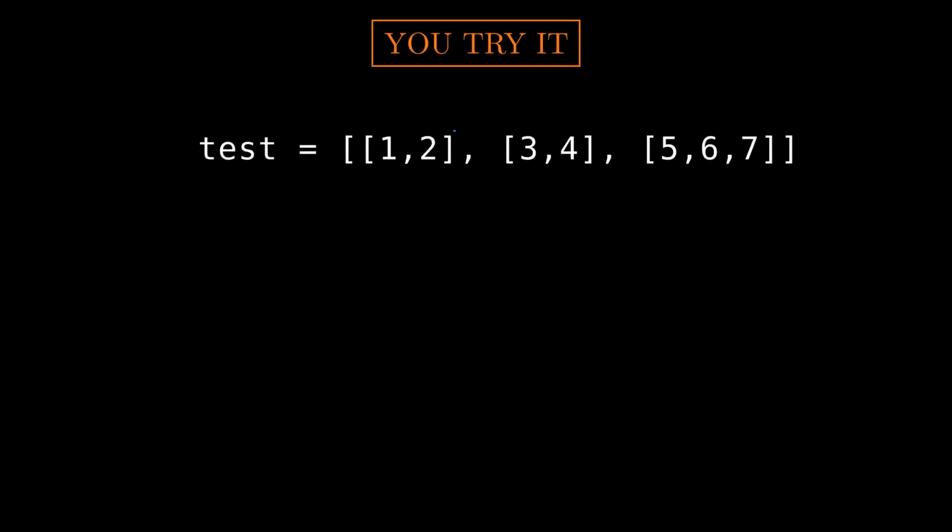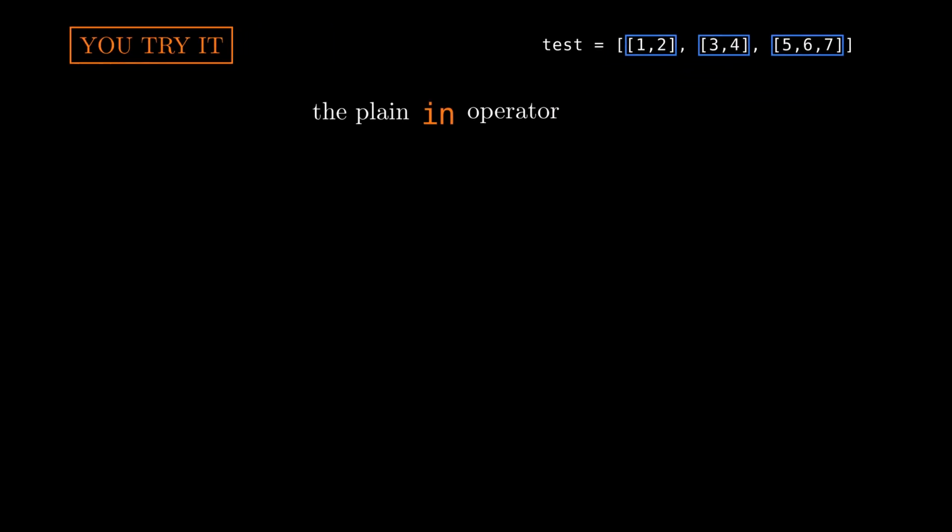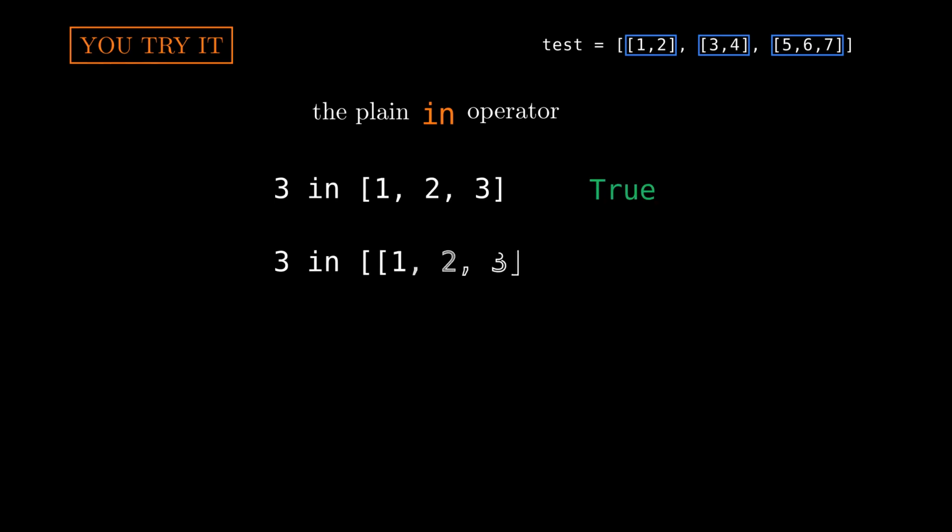Your turn. A variation on membership. The list has the same shape, and the job is a recursive function that reports whether an element hides inside the sublists. First, see why the plain in operator falls short. 3 in the list 1, 2, 3 is true, but 3 in the list containing the list 1, 2, 3